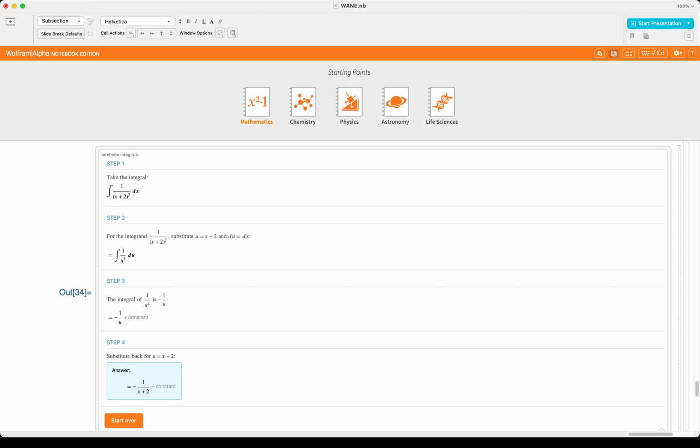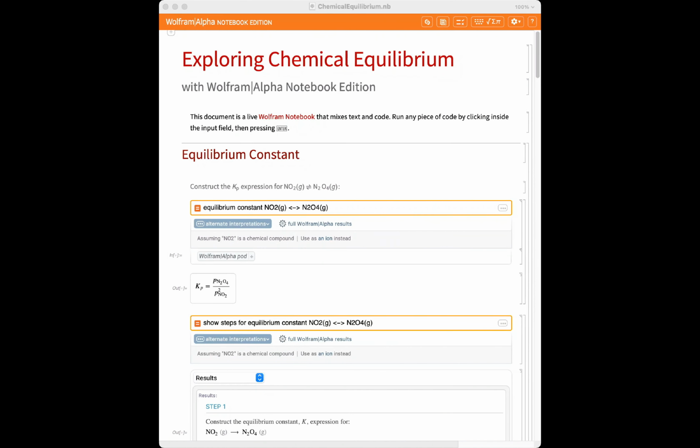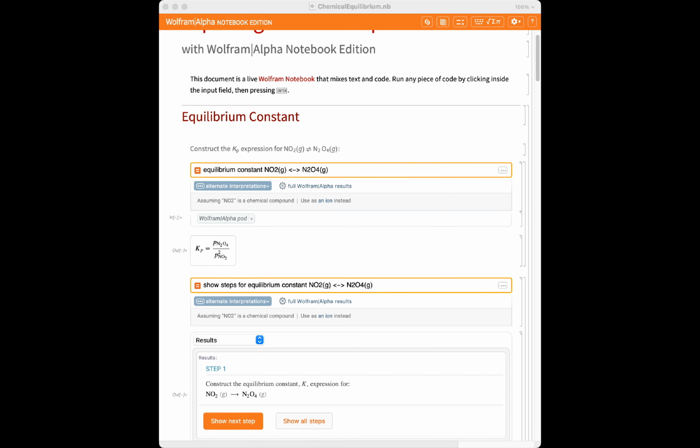And it gives me more options from mathematics, chemistry, physics, or life sciences as well. So let's go to chemistry maybe, for example. And I want to go further and maybe explore something in the equilibrium. And you can see a complete notebook comes out with the headings and text and all that information over here. And it can take you, similarly to a class lecture or class notes you want to develop,